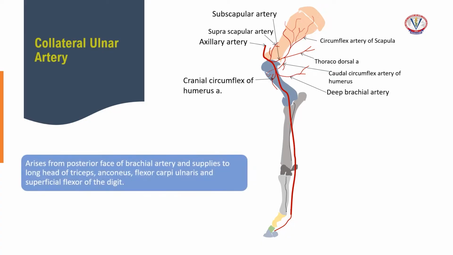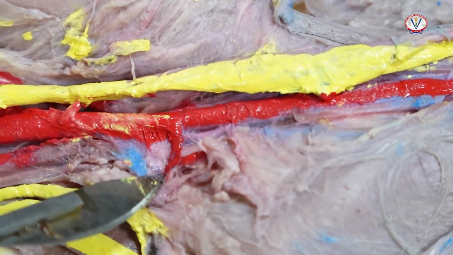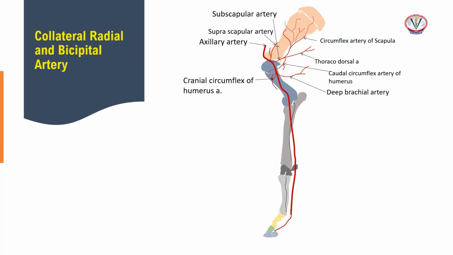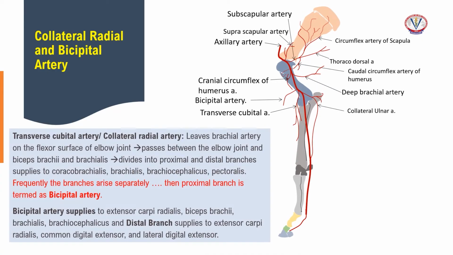The collateral ulnar artery arises from the posterior face of the brachial artery and supplies the long head of the triceps, anconeus, flexor carpi ulnaris and superficial flexor of the digits. The transverse cubital or collateral radial artery leaves the brachial artery on the flexor surface of the elbow joint, passes between the elbow joint and biceps brachii and brachialis, divides into proximal and distal branches, and supplies coracobrachialis, brachialis, brachiocephalicus